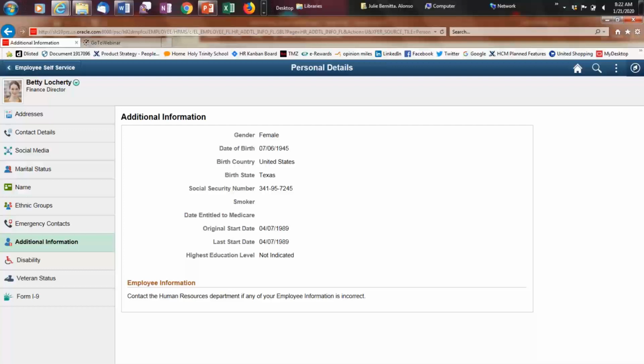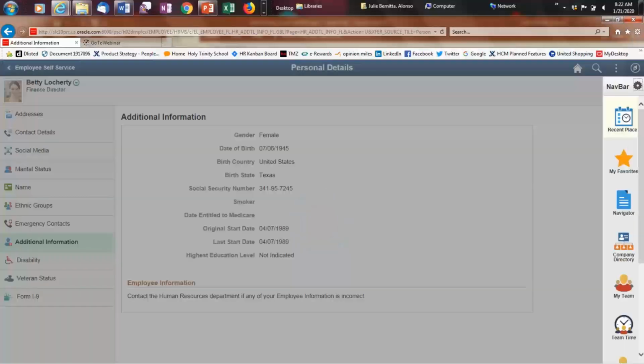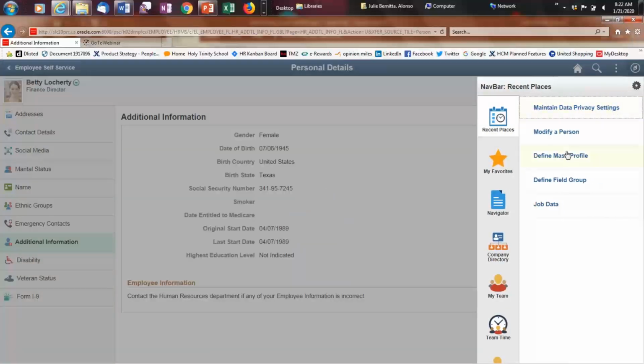So right now, some customers want to have an employee come in and verify in December, like, this is my SSN, and then mask it for the entire year from January on once you send out the W-2s. That's totally fine. So what you can do is from Page and Field Configurator, which is part of Enterprise Components,